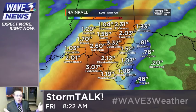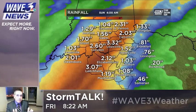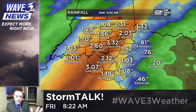You go either side of that and the rain totals really drop off, but hopefully the multiple rounds will be displaced enough, and that is still possible, that we can spread out that amount of moisture to where it's generally a 1 to 2 inch rainfall for a lot of people, versus one band or one location getting nearly 4 inches of rain and everybody else getting about a quarter to half inch. This is one of those times when we definitely want to be sharing the wealth, if you will,